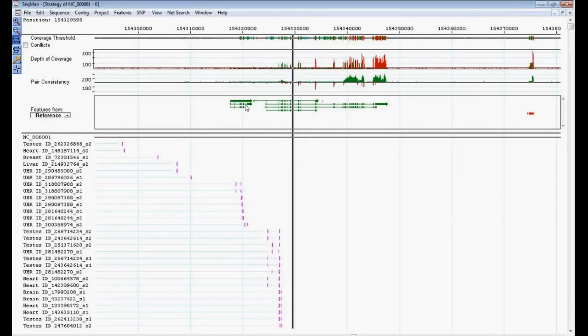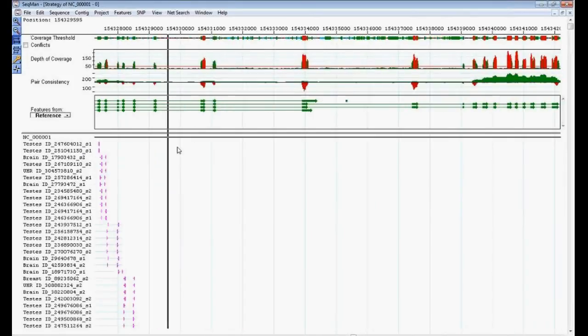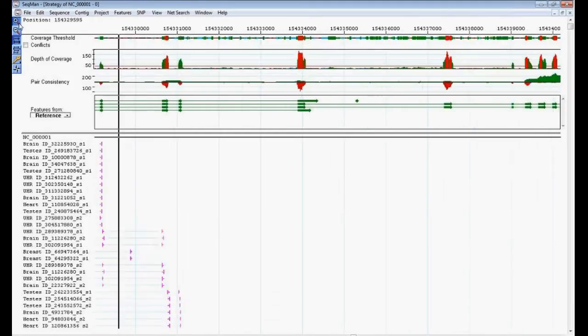These reads that are aligned at these specific regions, they are exonic regions. And if you zoom in, each one of these arrows with coverage is representing an exon, and you can see the reads are aligned to that specific region. If you look more closely,